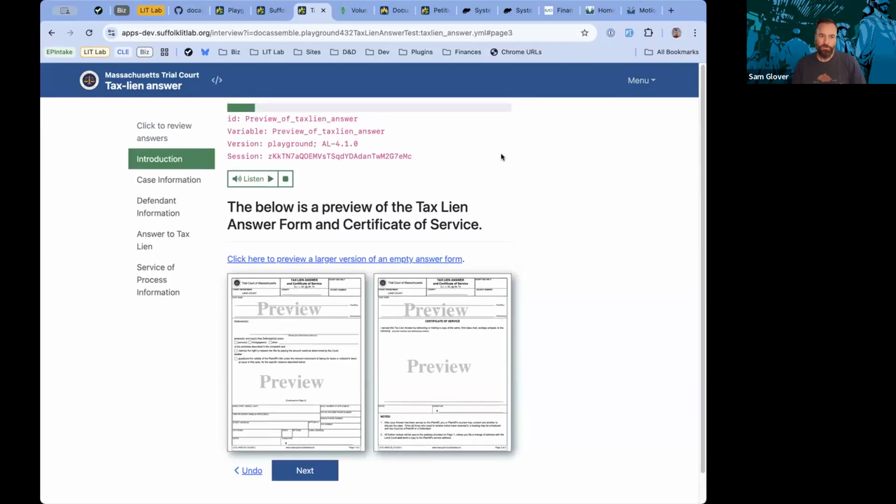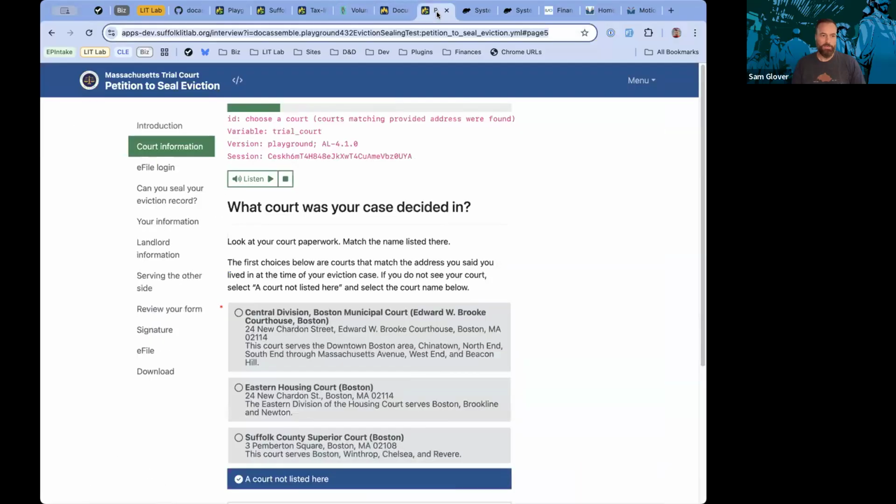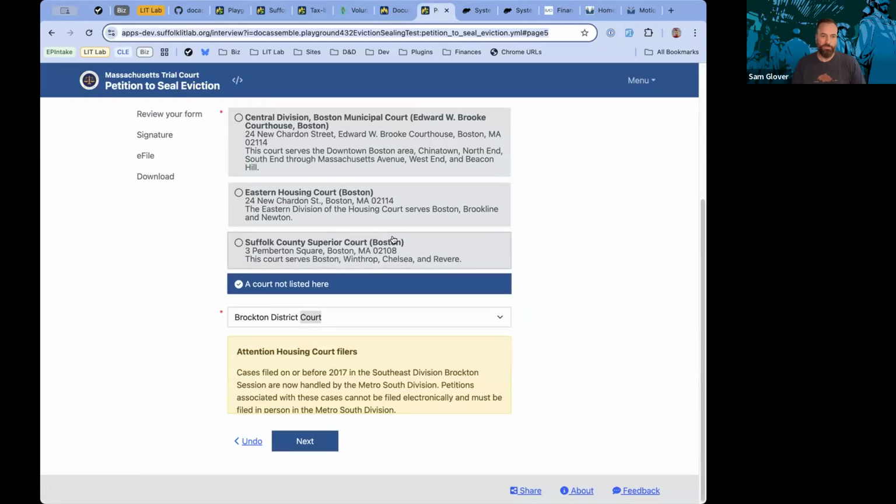And I mean, you all know this because you're interview developers, but there's a lot of different ways to do things. And sometimes these are the easy ways to do things. One of the things I noticed, I'm going to come back to this again too. One of the reasons I used JavaScript to do this was because a show if wouldn't work. And I think the reason is the court selector